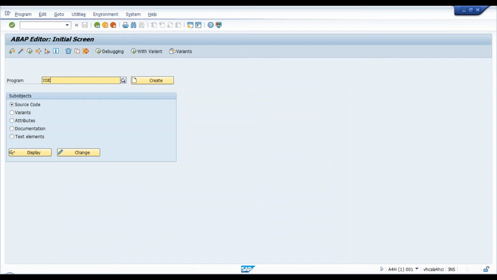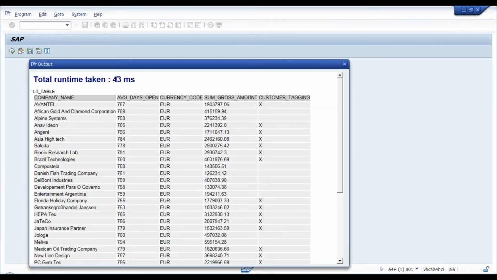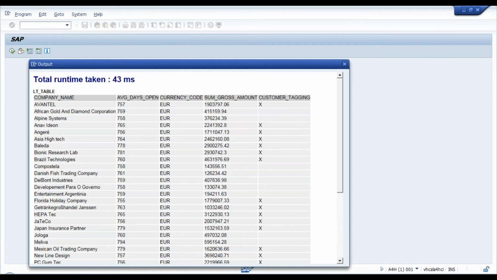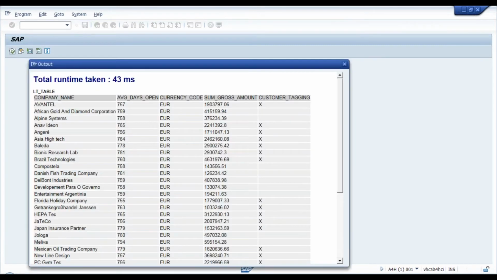And now let's see the runtime, the performance, how much time the SQL script based procedure is taking to execute and give me the result. Execute. Of course, you have to pass the parameter. Execute. See, 43 millisecond, and I think that is also doing almost the same. But of course, I don't have that much data in the server to showcase the real difference. But definitely over a period of time, if you see large amounts of data, SQL script gives you more performance because you're performing or calculating things directly at the database layer using SQL script.